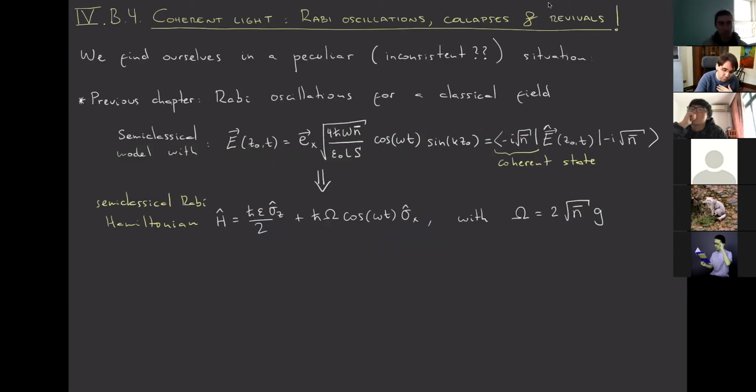Therefore, I would expect, naturally, that we would expect Rabi oscillations. Let me call them simple Rabi oscillations